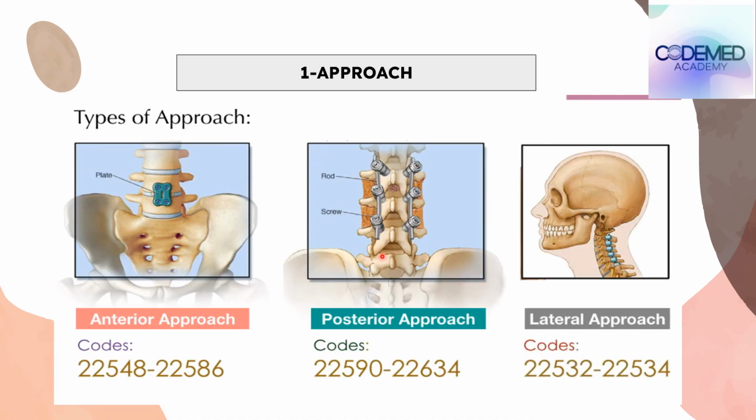So these are the various approaches that we take whenever we are working on the vertebral column: the anterior approach, the posterior approach, and the lateral approach. And depending upon that, the codes are divided. So there is a code range for the anterior, posterior, and the lateral. So I'm going to show you how the code language is so that it will be easier for you to